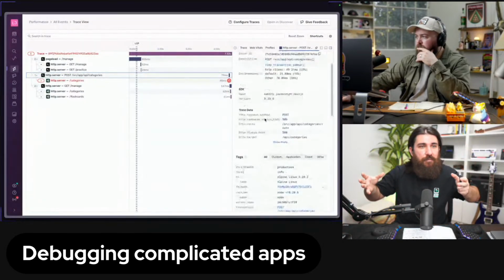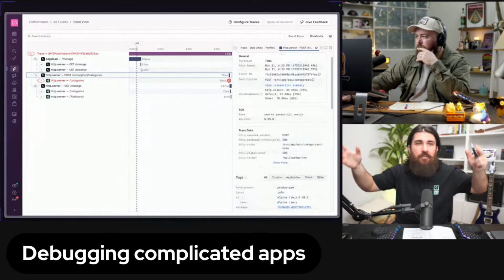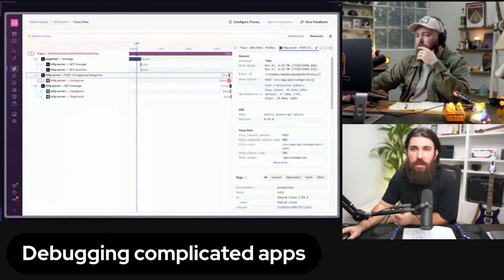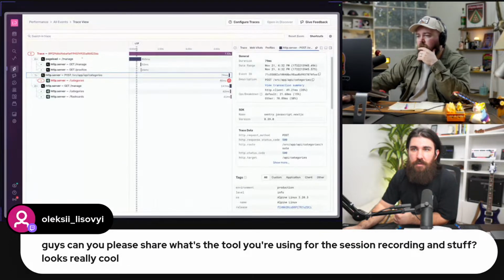This is that trace that has all the client side stuff, all the server side stuff on one single screen. So we can see top to bottom that we loaded the manage screen, and then we made the post here, and there's this gap of nothing because we were filling up the form. Oh, we were thinking, right? The computer wasn't working. And this is when we did that post.